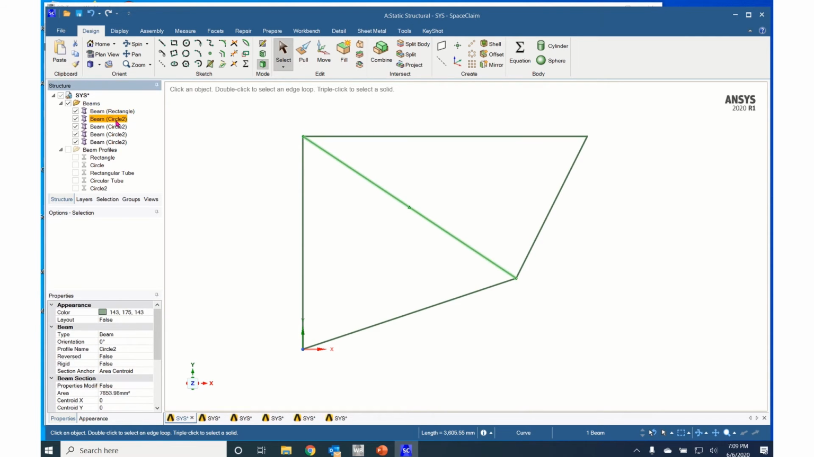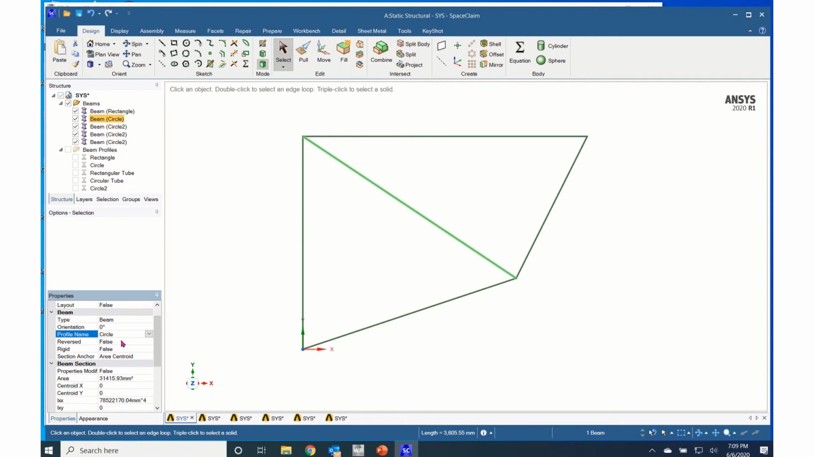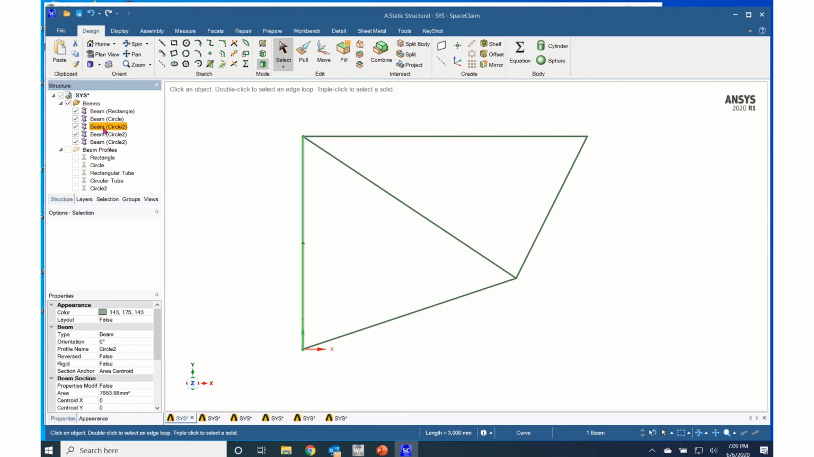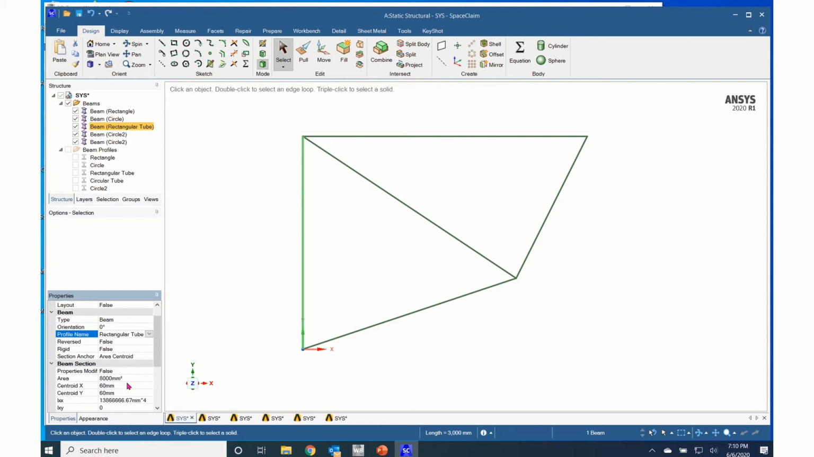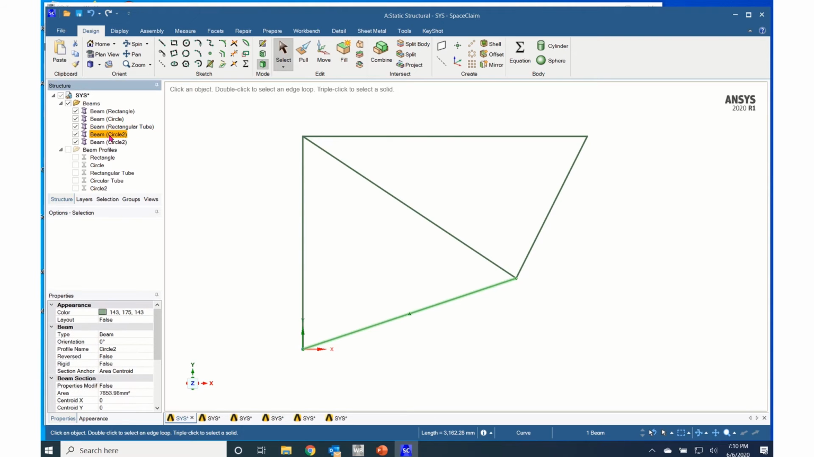Then I come back up on my next beam, I click on the profile name, click the drop down. This one's my circular solid, so I click on the first circle, come back up to my third beam. My third beam is my square tubing, so I can come here and click on my rectangular tube. My fourth beam up here is my hollow circular tubing, so I can click on the circular tubing and click